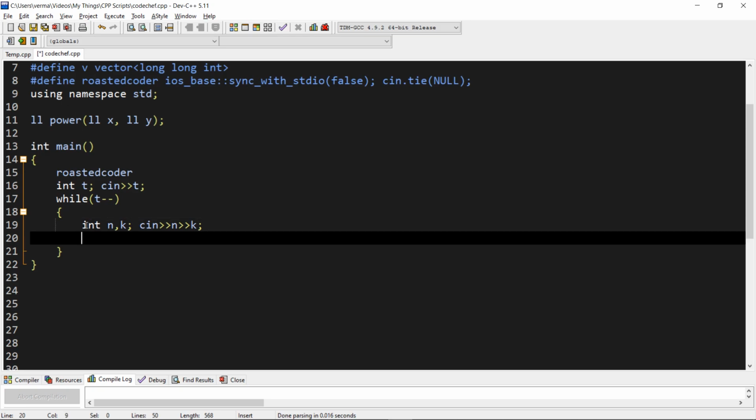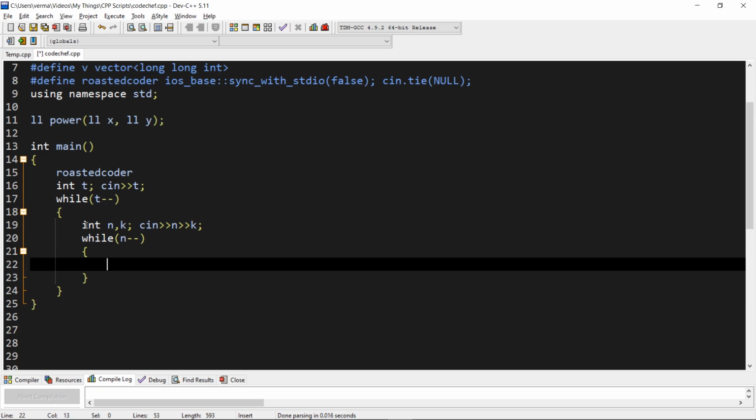And an array, no need to have an array, so just while n minus minus, for the total n elements, we have to just input the item price, so int a, let's say price a.